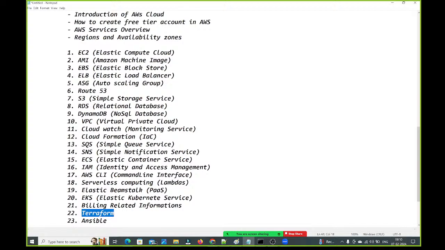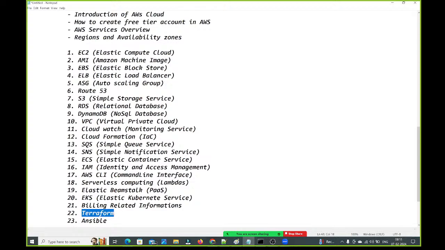Don't worry, we are going to spend almost 8 to 10 days only on this Terraform. Right, we are going to discuss in detail, guys, how to set up Terraform, how to recreate the resources by using Terraform, how to modularize the Terraform resources, how to use the providers, multiple providers, how to use multiple regions, how to use the provisioners, and how to create the workspaces in Terraform. What is the state file, what is the importance of the state file, what are the backends? How to use S3 as the backend, how to use DynamoDB tables as the backend.